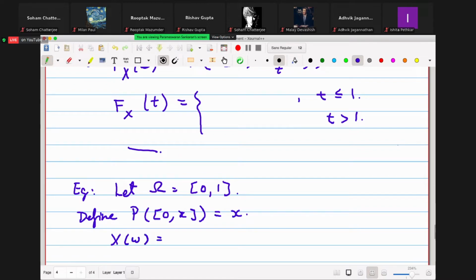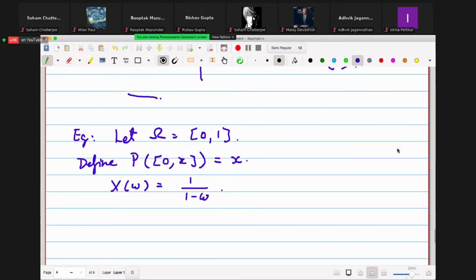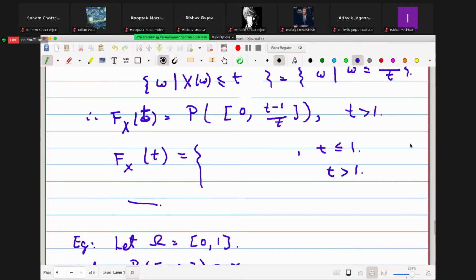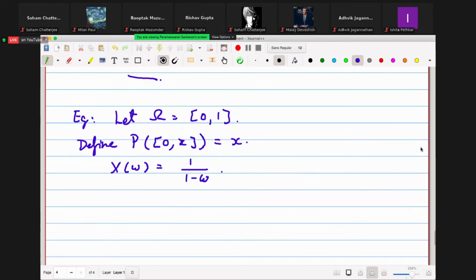Yeah, we want to do the same thing because I want to keep the calculations. I can just borrow from the previous thing, at least part of it. Now, up till this step, it's going to be the same calculation. It is only this step which I have not completed, the calculation that involves probability. But now we can borrow that and write, so the question is find F_X of t.